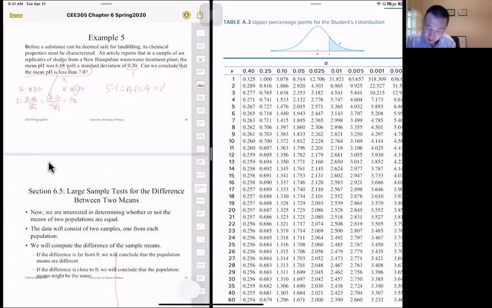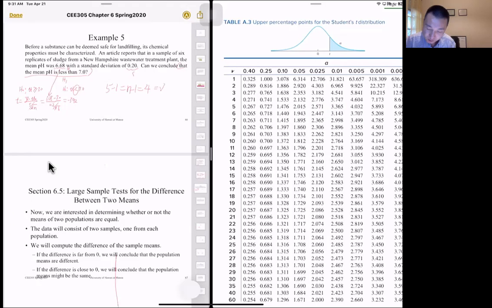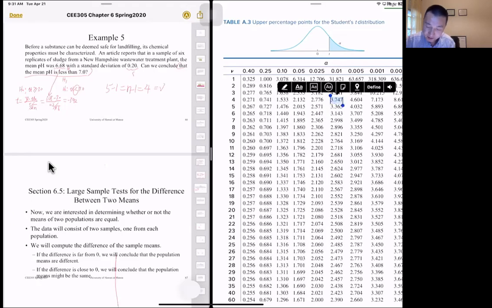Because for 0.01, the value is 3.747, and for 0.005 it is 4.604. So it's between 0.01 and 0.005. So what this means here is